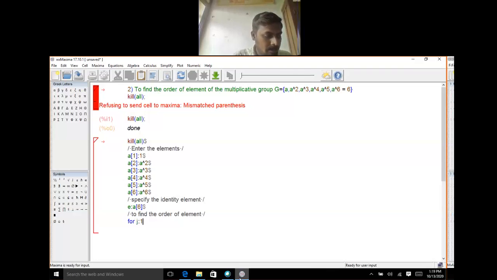To find the order of element, for j colon 1, while j is less than or equal to 6, as usual we'll write a block here, then n colon 1, and next enter if aj cap n is equal to e, or aj cap n is equal to e cap 2,